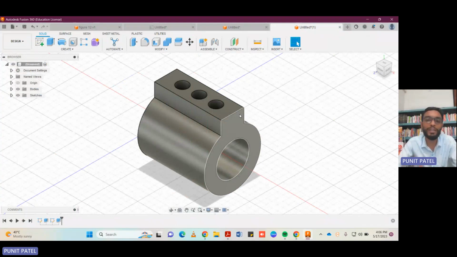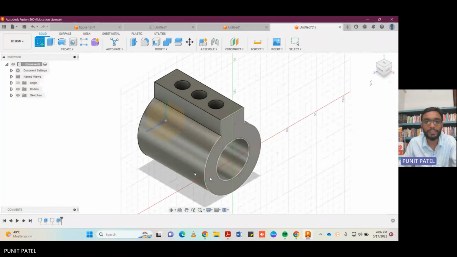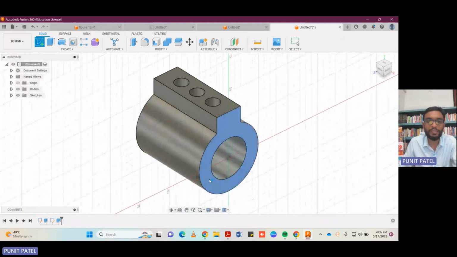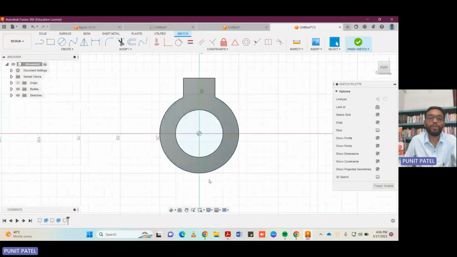Now how to draw the left hand side? For that reason, select the sketch, select this front face as a component. Now if you talk about the dimension, the total dimension is 13 plus 40 plus 20 plus 15. So I think total is 88, but first of all let me calculate it. So it's 15 plus 20 plus 40 plus 13. So total